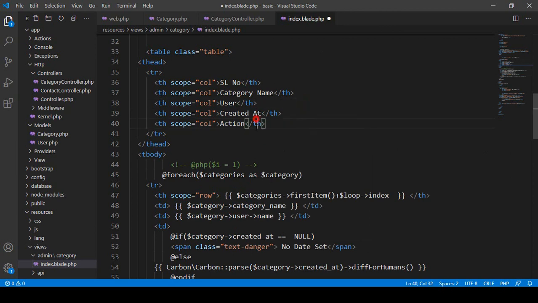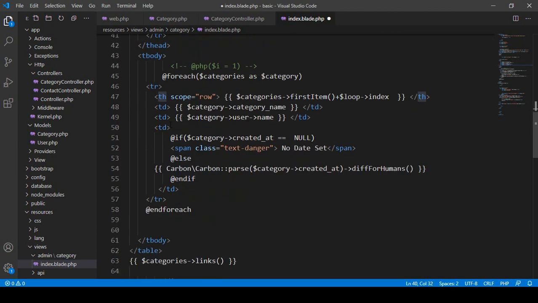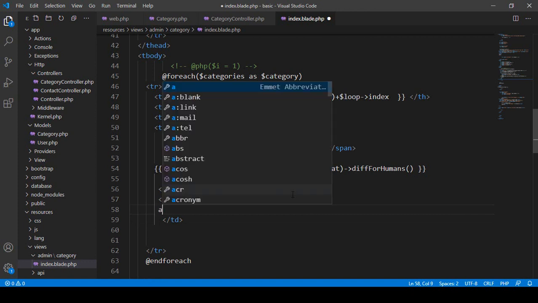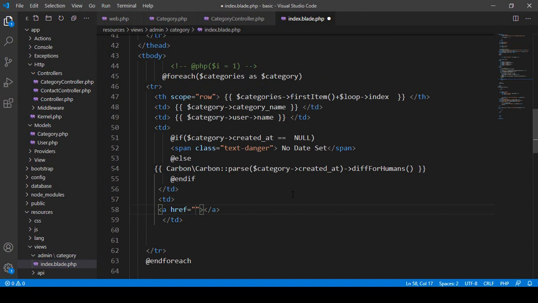For the action, I want to add another TD. Better I copy it. So after this TD, here I paste it. Here we don't need this. Here I want to load these two buttons actually. If you want to add two buttons, then here I want to add an anchor tag. That means the href, and into the href area it will be edit, and into the edit area